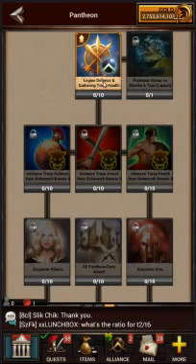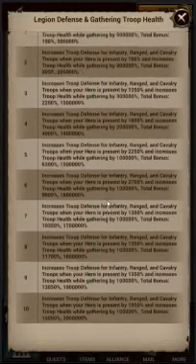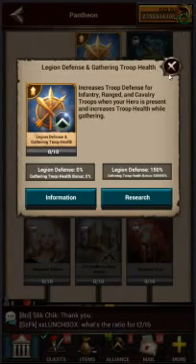Legion defense as the first one. That's nice to see that they're adding in how much defense. It's just confusing. Infantry defense, troop health. Total bonus 15,000 troop Legion defense. So that'd be pretty nice to have right off the bat. Alright,